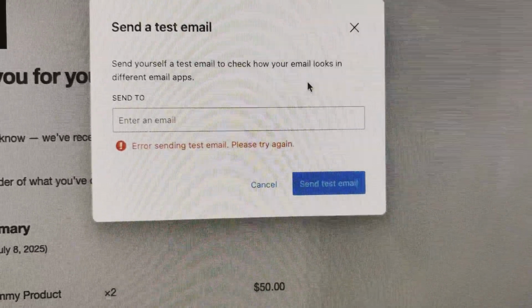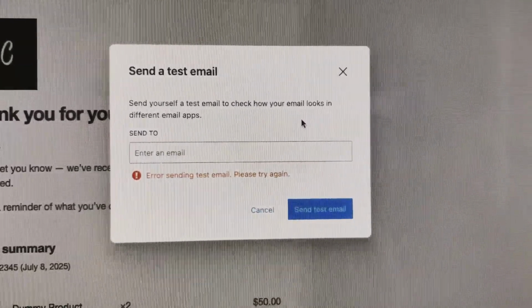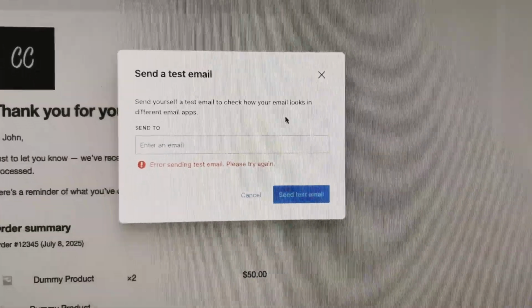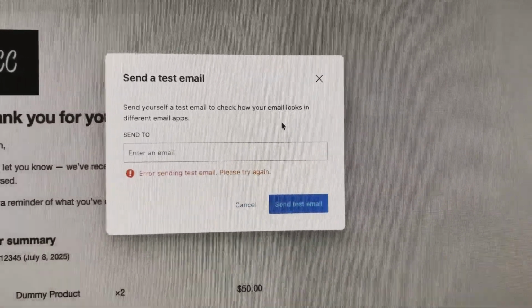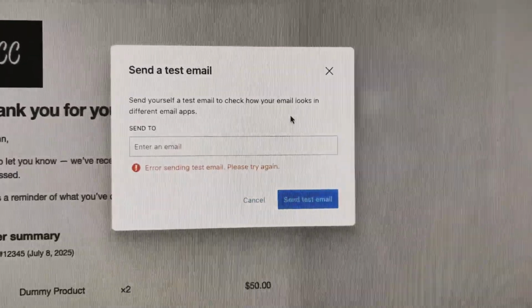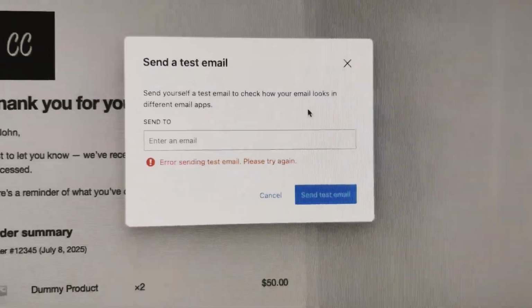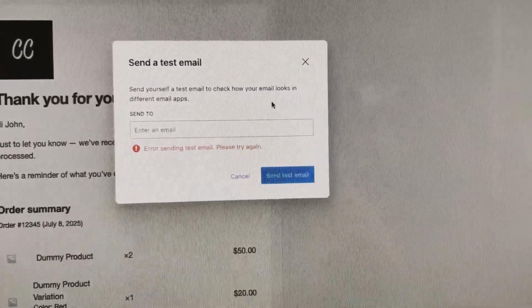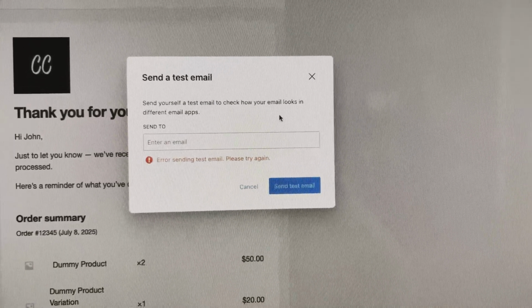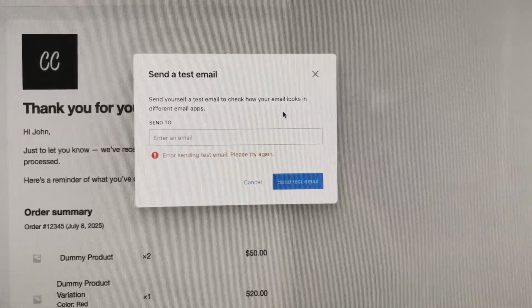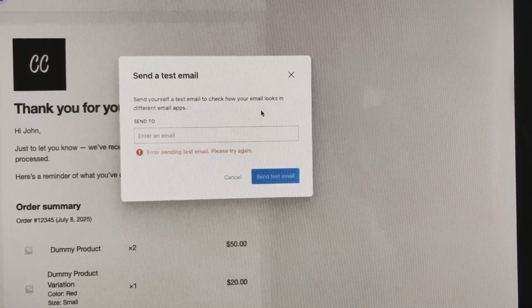I did get an error. I have removed my email from the send to. So for those who are like, just put an email in there and you won't get the error. I did remove the email just for this video to keep it secure and not put out personal information. But I did try sending out, and I did get this error sending the test email. Please try again. So I'm gonna log this in my backlog, the big list of big ideas, and I'm gonna see what's going on there and why those aren't sending. So I've got to dive in a little bit back there to see why my email server is not sending those